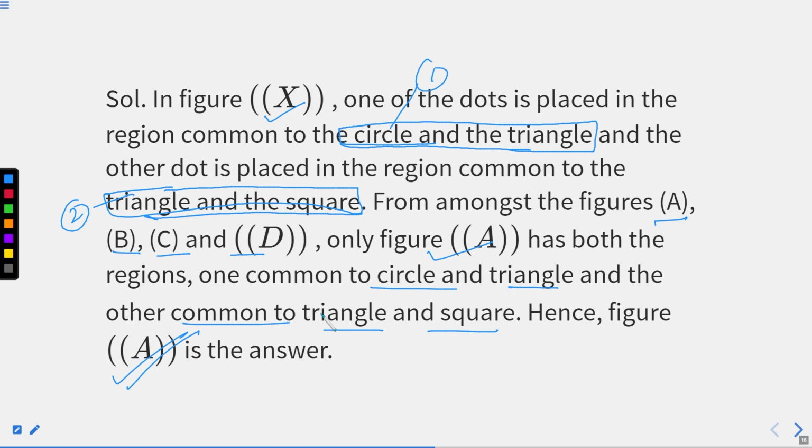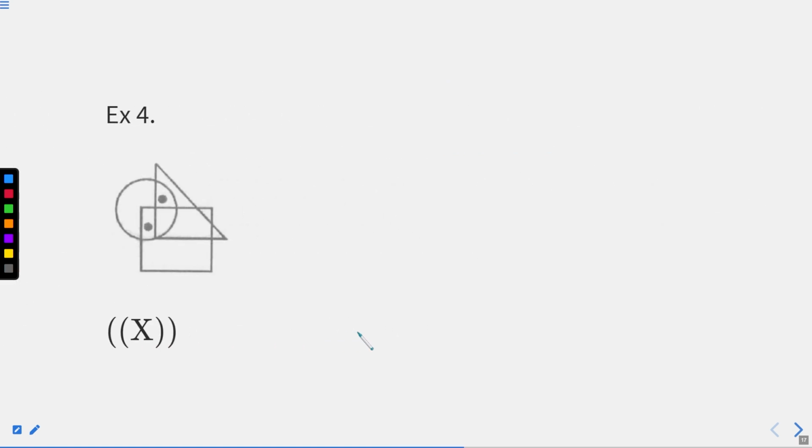This is how we are going to write the answer, right? But when it is a competitive exam, you are supposed to mark the option A and move forward to the next question. I hope this part is understood, right? Now, question number 4, again with 2 dots. Initially, we did 2 questions with only 1 dot. Now, we are dealing with a question with 2 dots.